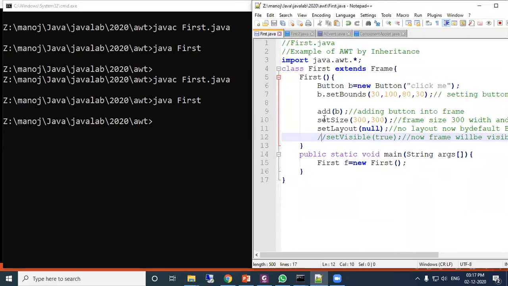Even though the button is created, the button is added, size is set, layout null is set, because this visible method is not called, it is not displayed. So set visible true means it will start the execution and also open the frame, because all these are methods of Frame which are overridden here to execute the frame.